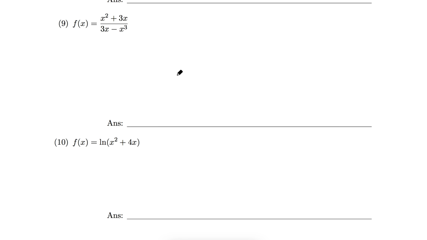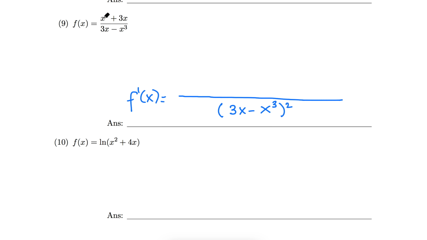9. Here we are given a rational function, so we're going to use the quotient rule. So f prime of x will be a huge fraction. Denominator will be 3x minus x cubed squared. In the numerator, we'll have derivative of the first function,